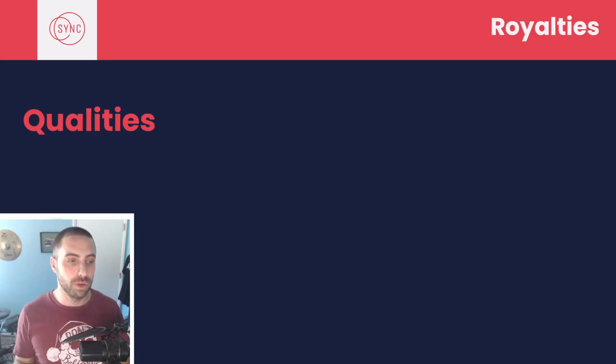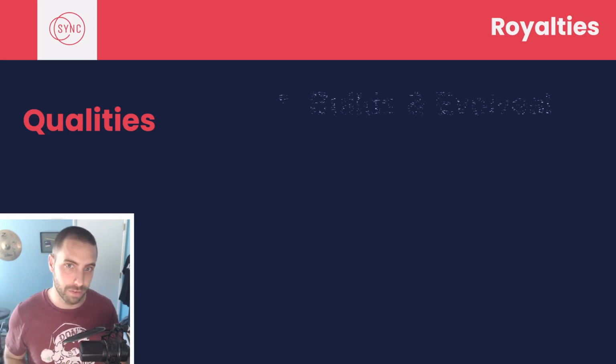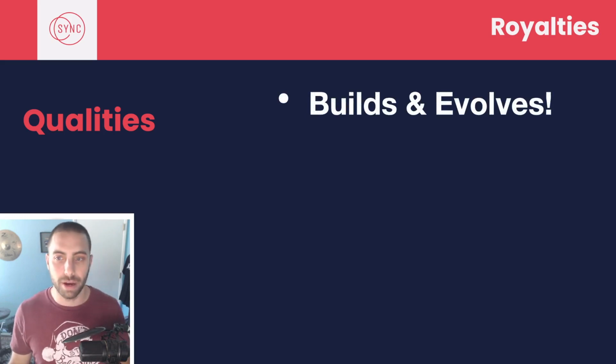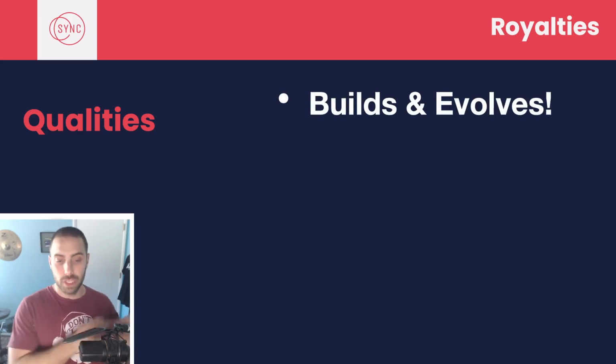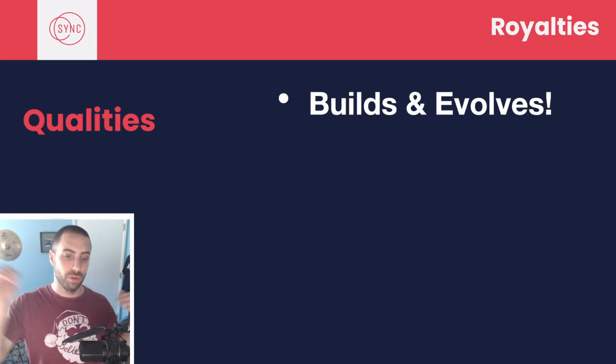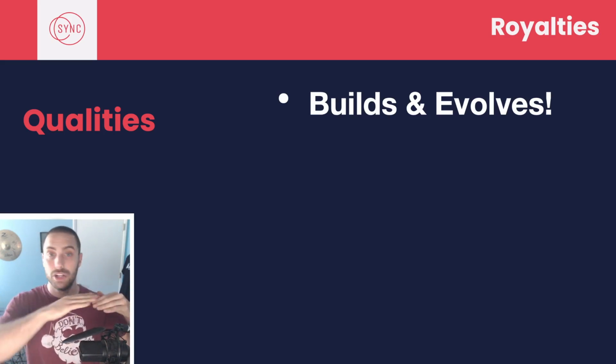So what qualities of music are in production music that transcend, no matter what genre you're working in, one of the major ones I talked about or a niche one? What qualities are you going to find in common with all of it? These are the ones that I've narrowed it down to, okay? First and foremost, and the thing that you should always keep in mind is that every style of production music will always build and evolve, meaning usually it starts in kind of a mellow place and it grows, meaning you'll have new instruments coming in, more drums coming in, a new lead,